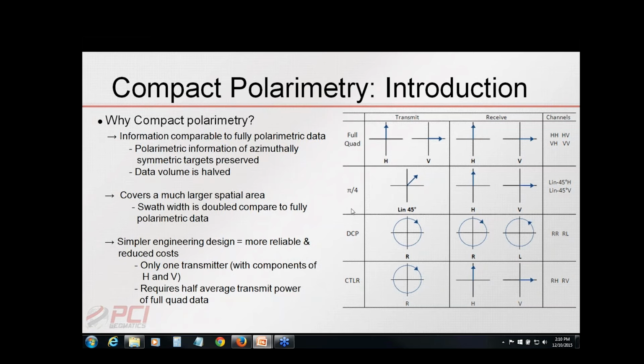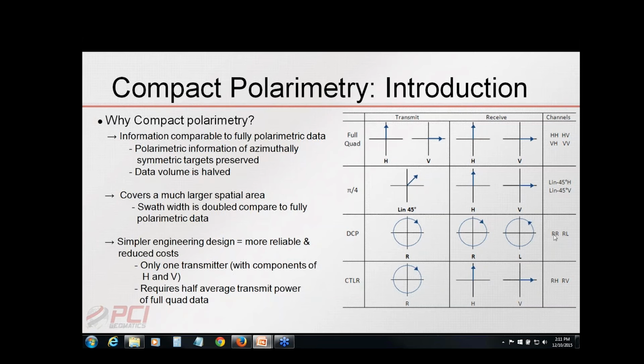There is the pi over 4, which consists of transmitting a linear 45 degrees polarization, and then you receive your signal in the horizontal and vertical polarizations. You also have the DCP mode, which consists of sending a right-handed circular polarization, and you receive the backscattered signal in right and left. And you have the CTLR configuration, which is the configuration that has been chosen for the RadarSat